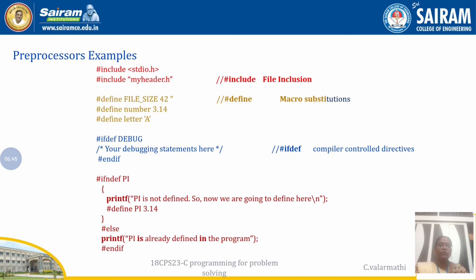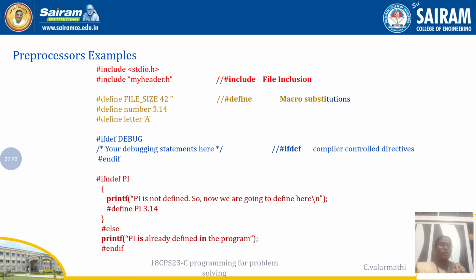But if you want to add one more header file, that is a user-defined header file, that option is also available in C. How can we include it? In the same #include statement, instead of using the greater than and less than symbols, you can use double quotes. That means myHeader.h is a user-defined header file that is going to be used in the rest of your program. This is called file inclusion, because we have included built-in header files and user-defined header files also.